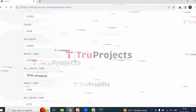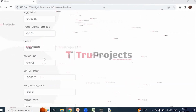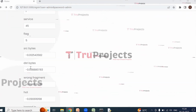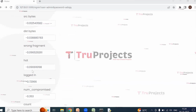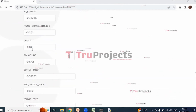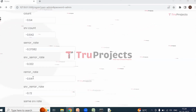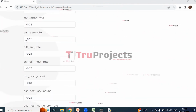So I'm entering the parameters now. So here I have entered another set of parameters. Protocol type is 1, service is 45, flag is 5, SRC bytes is -0.12, DST bytes is -0.03, wrong fragment is -0.096, hot is -0.09, logged in is -0.72, num compromised is -0.35, count is -0.64, SRV count is -0.64, error rate is -0.37, SRV error rate is -0.322, error rate is -0.64, SRV error rate is -0.72, same SRV